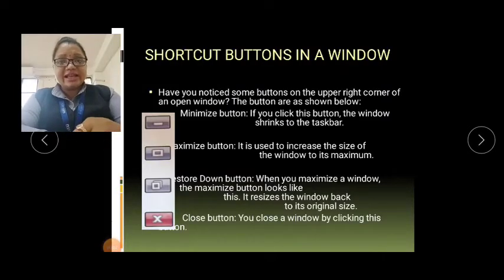If you work in any window, then you can see some buttons in the right corner of that window. जब भी आप कोई विंडो में वर्क करते हो तब आपने देखा होगा कि राइट कॉर्नर में 3 बटन्स होते हैं. 3 or 4 buttons are there at the right corner. So which are these buttons? Let us see about that. The first one is the minimize button. Can you see this minimize button in the picture? Yes, this is the minimize button. You can see the small dash in that button. If you click this button, the window shrinks to the taskbar.